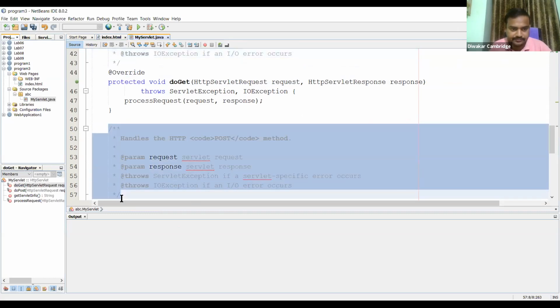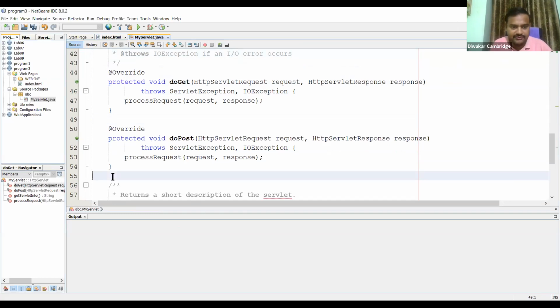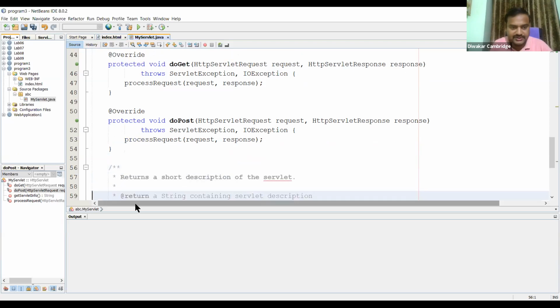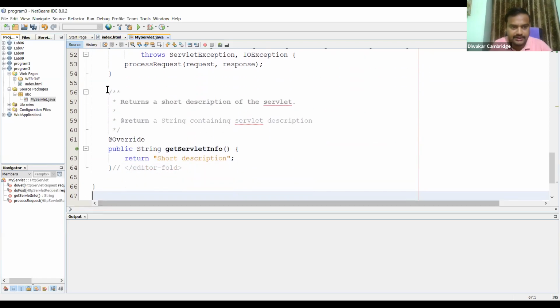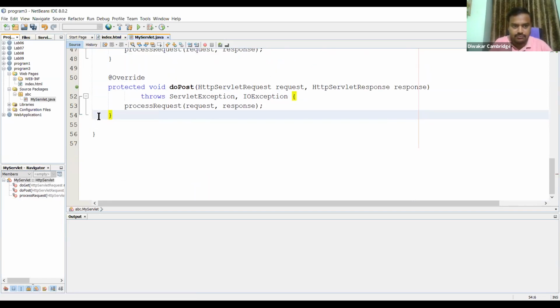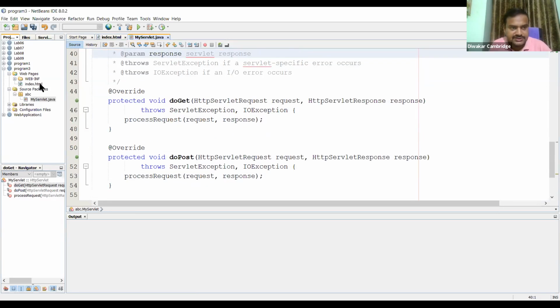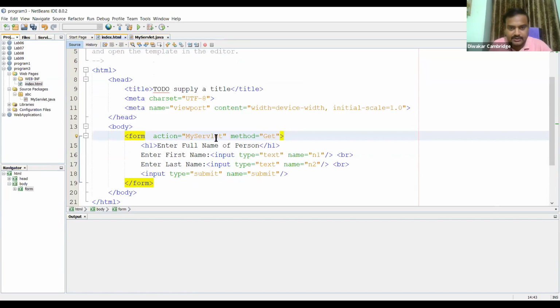See here, we have the doGet method. When a client sends a request, we have the doGet and doPost methods. First you have a request, and the request is a get method.